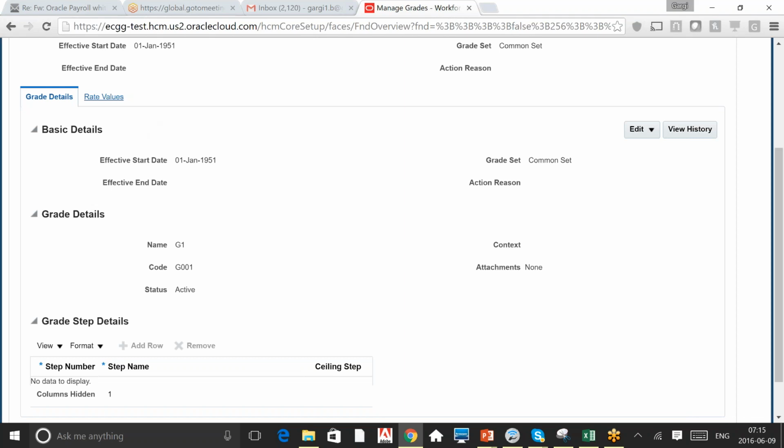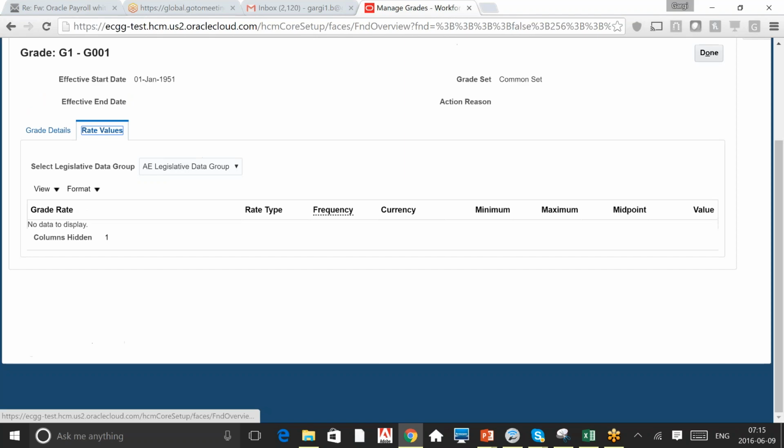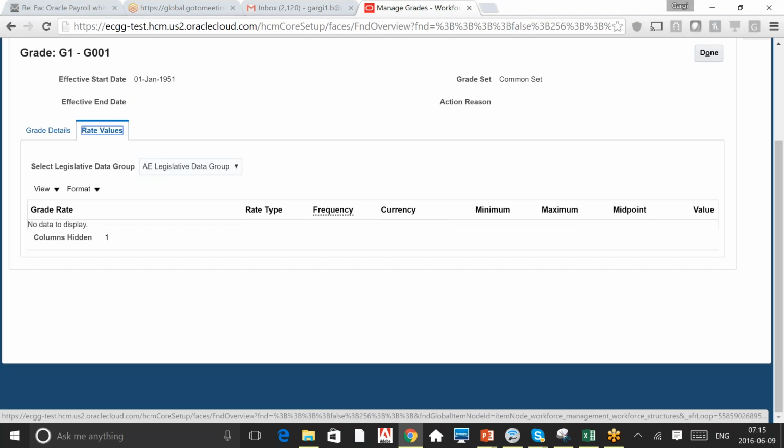Now, once you have finished the grade details in the system, you should move over to the rate value. Now, grade rate works exactly in the same way as it does in EBS, that you have to create the grade rate for each particular country or currency,